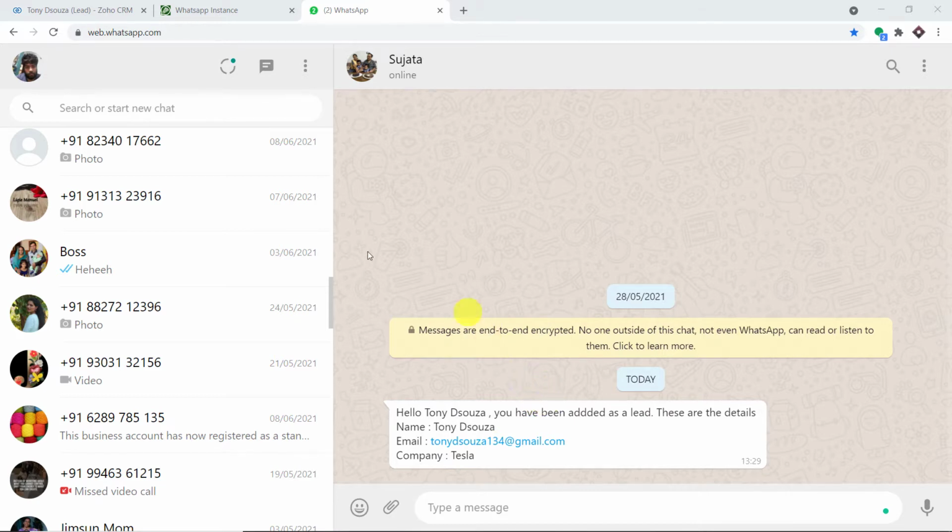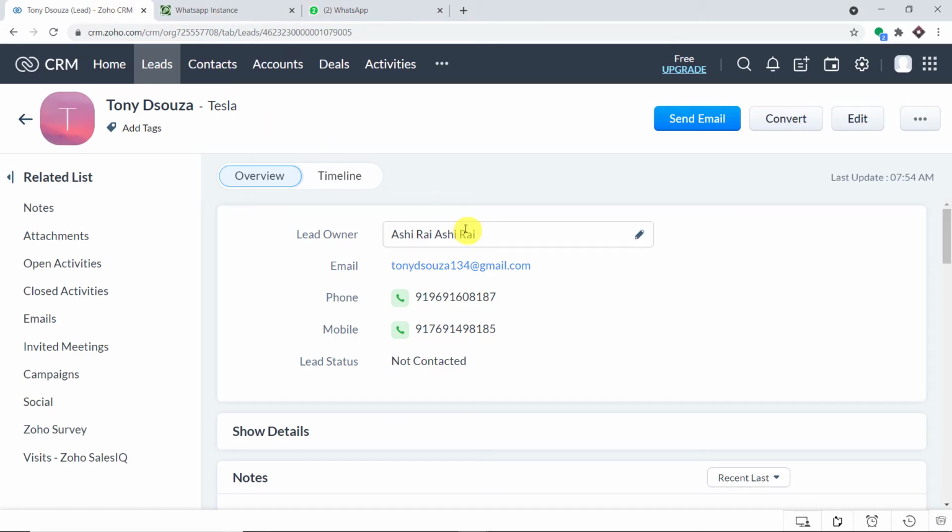So you must be thinking, how did I do it? How did I manage to send the data from Zoho CRM to WhatsApp? Here I have used an integration and automation software called PabblyConnect that integrates Zoho CRM and WhatsApp. The best part of using PabblyConnect is that there is no need for coding skills or technical knowledge of these apps. Remember, here we are sending the data from Zoho CRM to WhatsApp, but with PabblyConnect you can send the data from other similar CRM software like HubSpot, Salesforce, Pipedrive to WhatsApp. The process is almost the same.